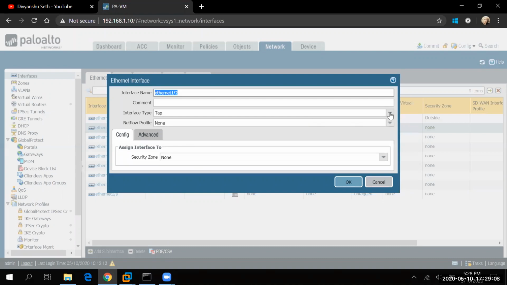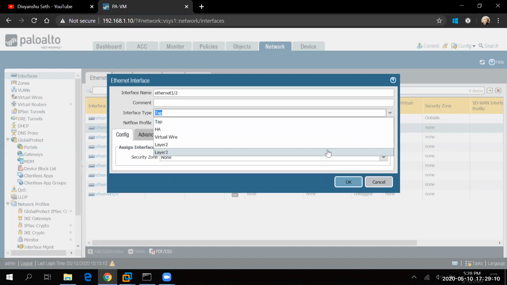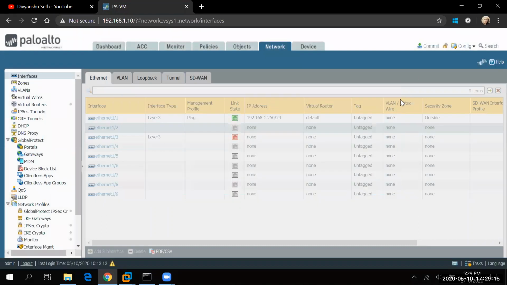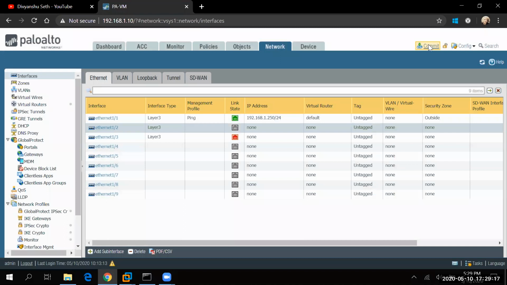Let me make this interface also L3 so that we'll be able to see whether 1 by 2 is also coming up or not. And let me do a commit here.